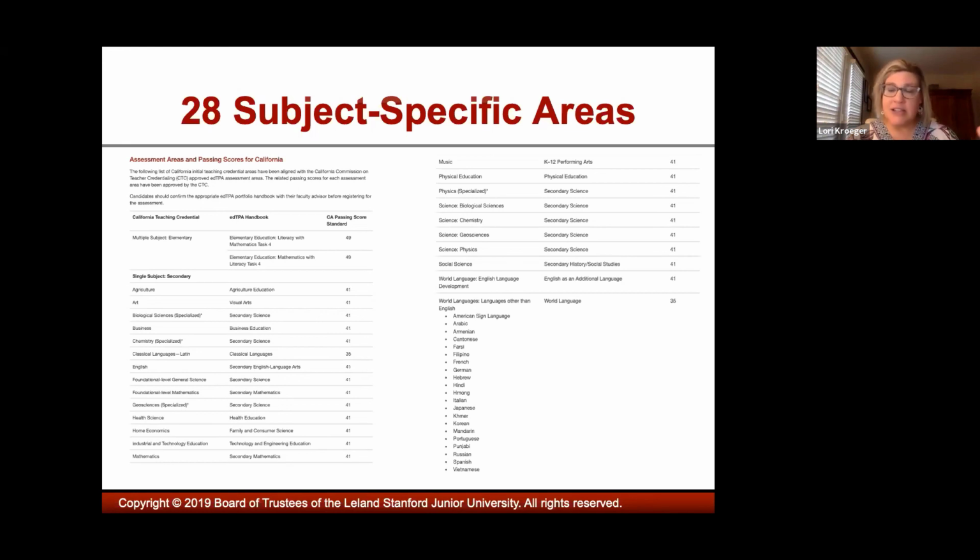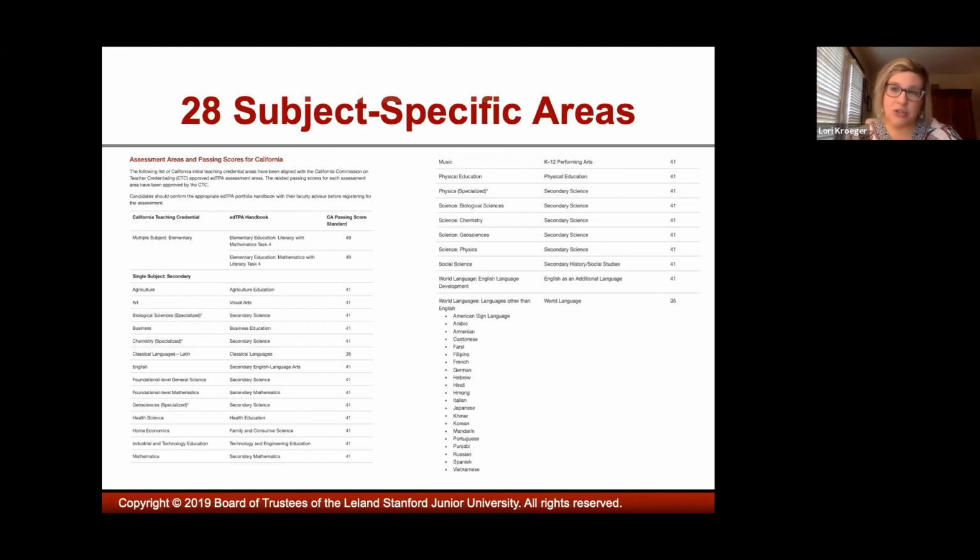The single subject secondary handbooks, you can see them listed here. Agriculture is agricultural education, art is visual arts, but there are a few that I want to point out to you. Secondary science would include biological sciences, general science, geosciences, physics, biological science, chemistry.